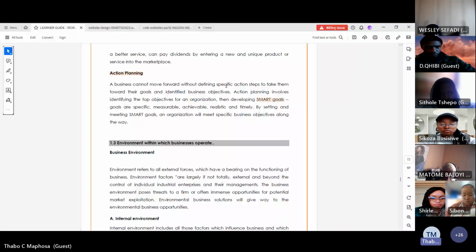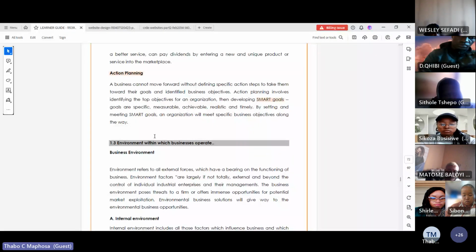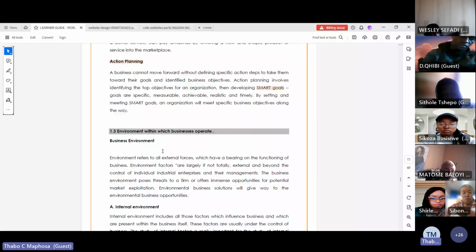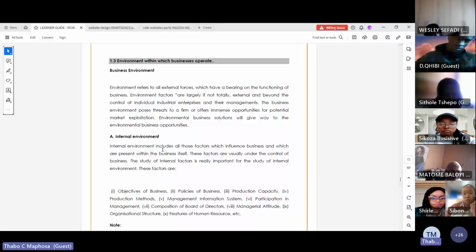It will be, and it has to be very specific to your action plan. And then now, the environment within which businesses operate. So now, what kind of environments do businesses operate in? So businesses, they operate